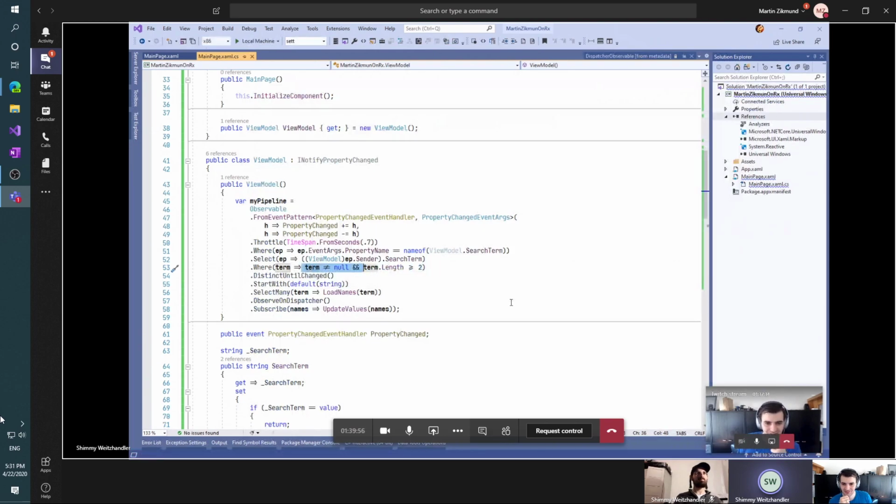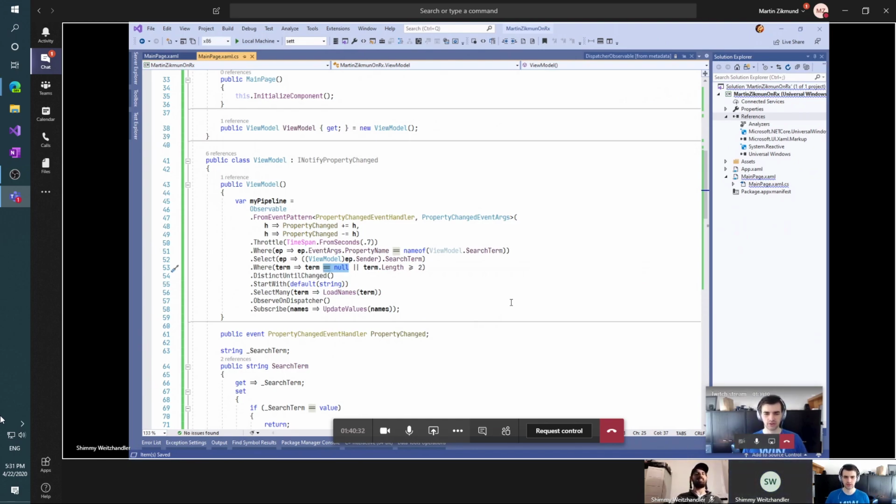So we can say that we want the query to execute only if term is null, or if term that length is greater than 2 chars, greater or equal. So one of the queries will be of the limits, and if you keep it just empty, it should give us